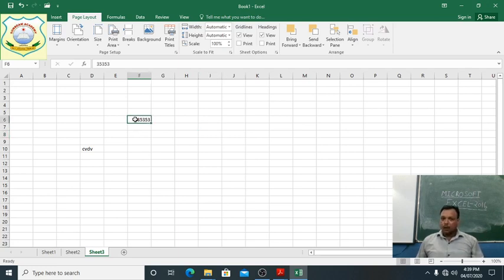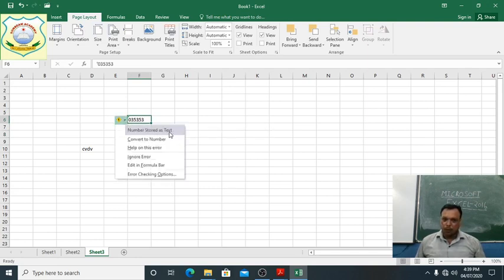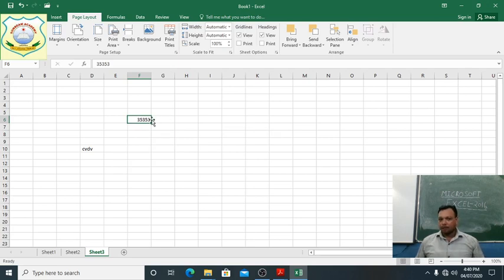If you want to use it as text, say we keep 0 here and before it we put this apostrophe sign. Now see everyone, now it is showing as text form. This is a non-text form. If you change here, you can see number stored as text. If you convert to a number, again you get the same thing.